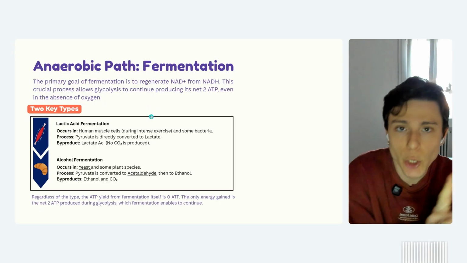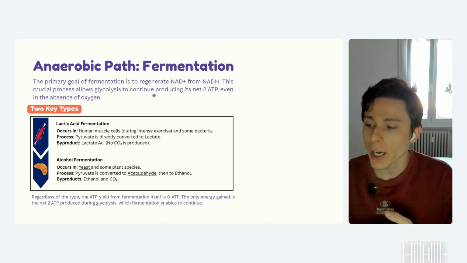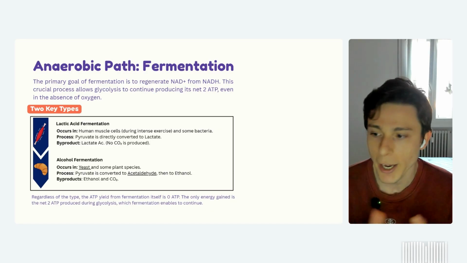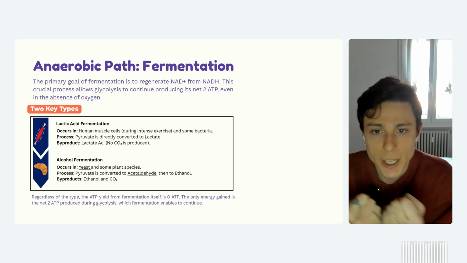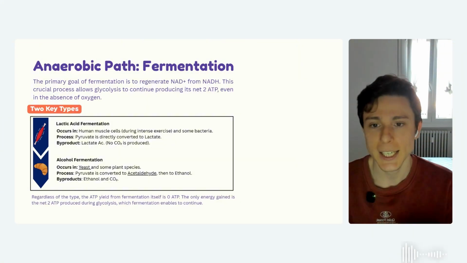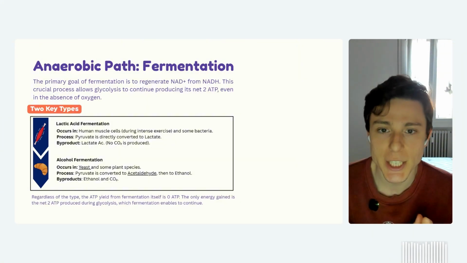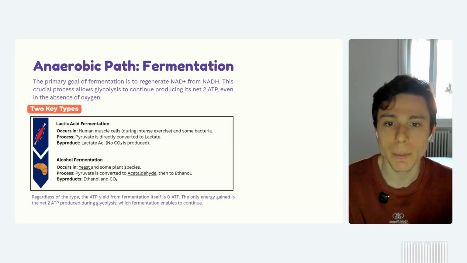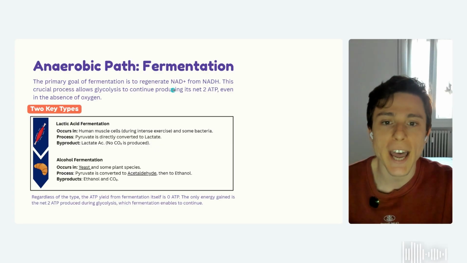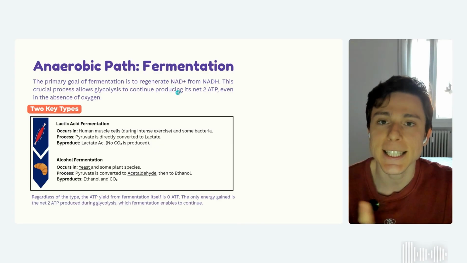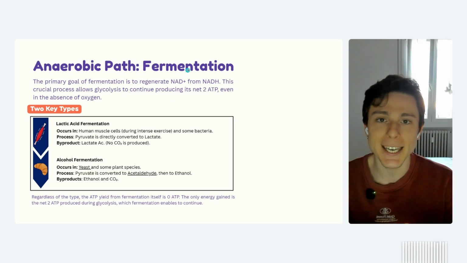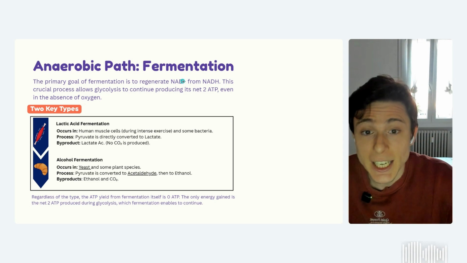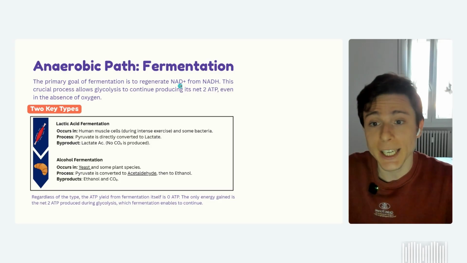But if they can't go there, they're just going to be hanging around saying, okay, what do I do now? I have these electrons with me. I am a transporter, but I can't transport anymore because I'm taken. And the fermentation is going to be the guy who's going to sort that problem. Because believe it or not, we do not have much of this NAD in our system. There's a limited amount, and if they're taken, unfortunately we can't go back and do more glycolysis.